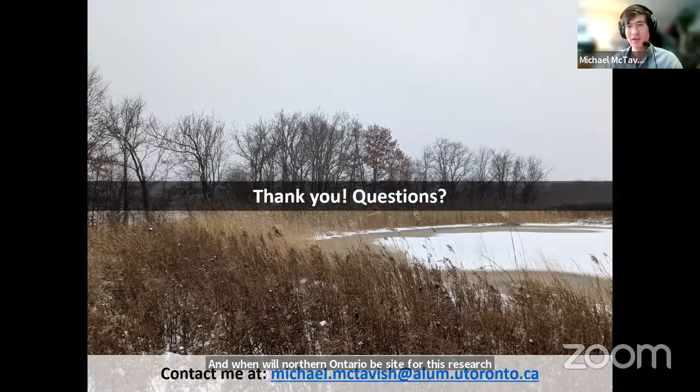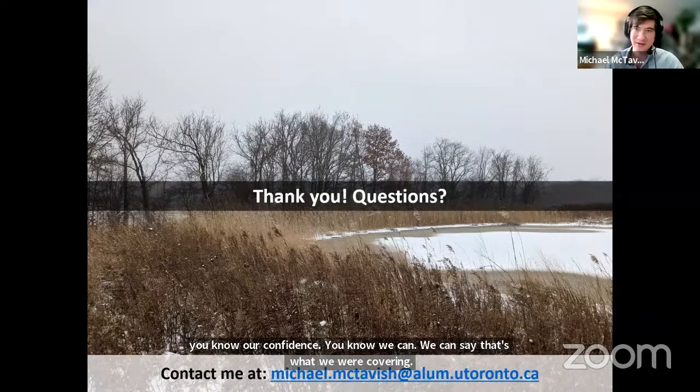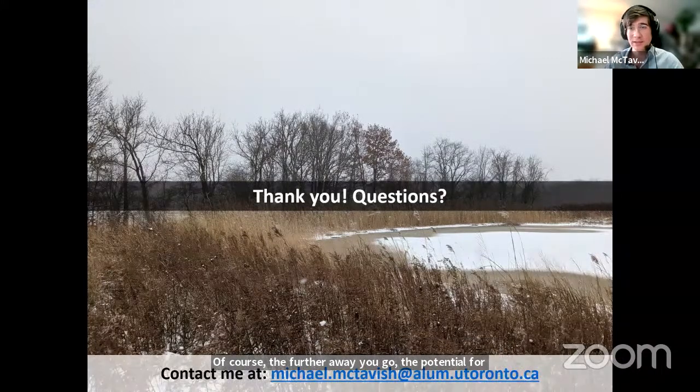Right. So in terms of the ID tool, this was based on populations that extend pretty much as far north as Ottawa. So our confidence, we can say that's what we were covering. Of course, the further away you go, the potential for geographic variation to be more influential grows. But for Northern Ontario, at the very least, some of the general indications of which traits differ most strongly between the subspecies will still be useful. We've tried to put a good buffer on some of these traits, so it is as useful as possible over